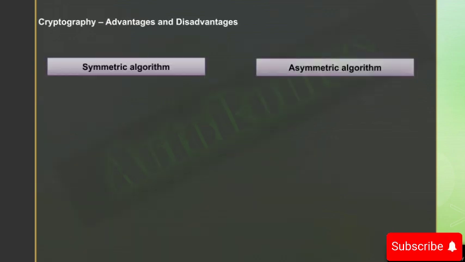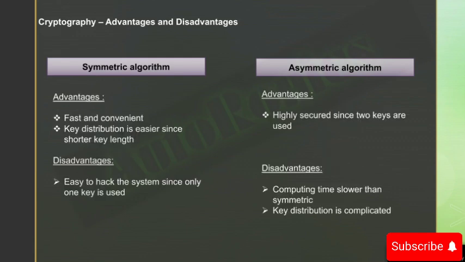After understanding the symmetric and asymmetric algorithm, let's see the advantages and disadvantages of them. So let's see the symmetric algorithm first. Since we use a single key for both encryption and decryption of data, it's faster and more convenient, and the key size is less compared to asymmetric algorithm.